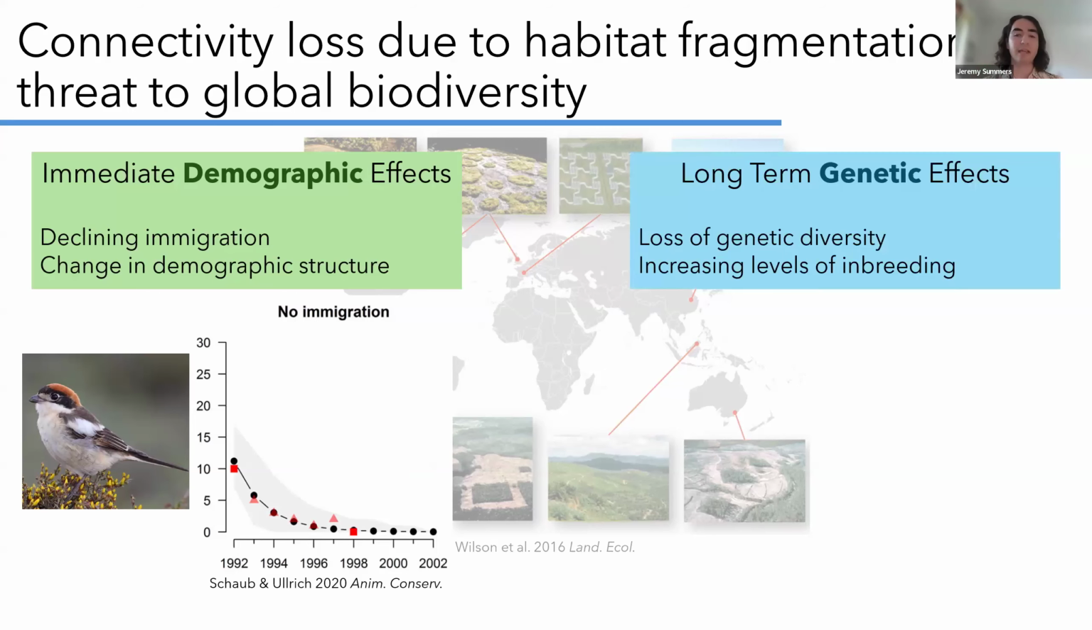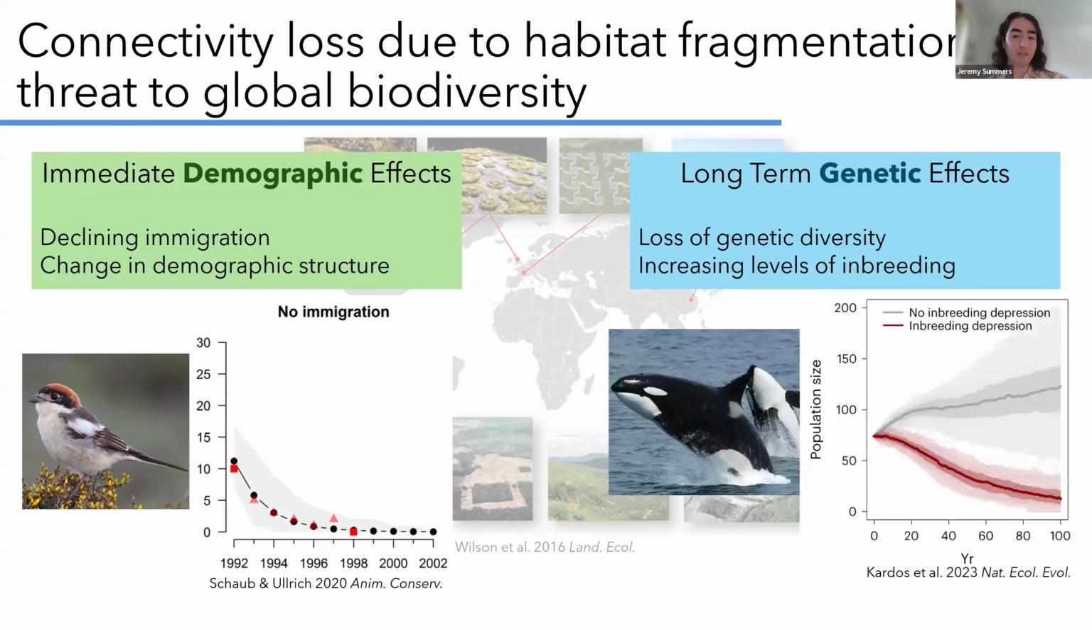There's also long-term genetic effects of isolation. Fewer new alleles are entering via gene flow, which means that genetic diversity will be lost, which can impact the ability of the population to adapt to future change. Additionally, fewer unrelated immigrants can lead to increased levels of inbreeding. This can lead to inbreeding depression, the decline in fitness of more inbred individuals, which can add up to even affect entire populations, like in this case of resident orca whales, where steadily increasing levels of inbreeding resulted in population